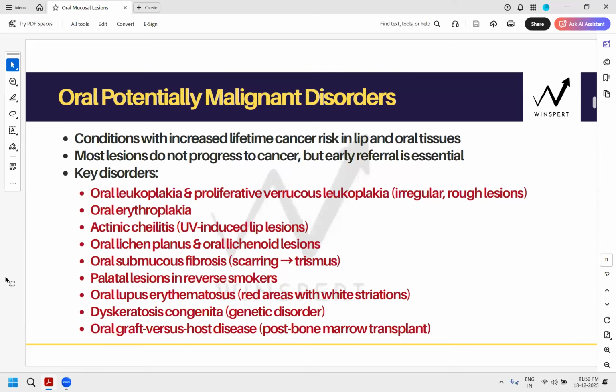Because specialists will take care to check whether they are responding to the management or not. And for these lesions, OLP and lichenoid, treatment is always started by doing a biopsy. Anyone here who does not know that fact, tell me. We have done that in the Odell case. We have done that in TG3 also, OLP and oral lichenoid lesions.